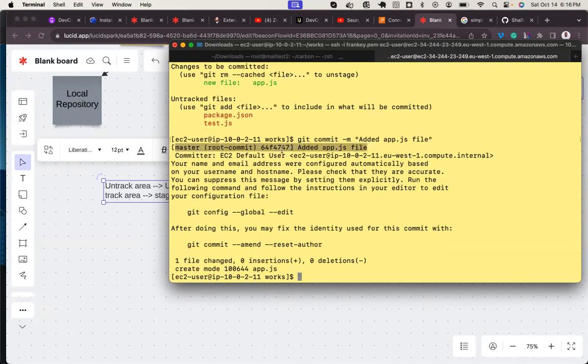Added this file. Committer, EC2 user, and so on. Your name and email address were configured automatically based on your username and hostname. Please check that they are accurate. You can suppress this message by setting them explicitly. Run the following command and follow the instructions in your editor to edit your configuration file. git config --global --edit. After doing this, you may fix the identity used for this commit with git commit --amend